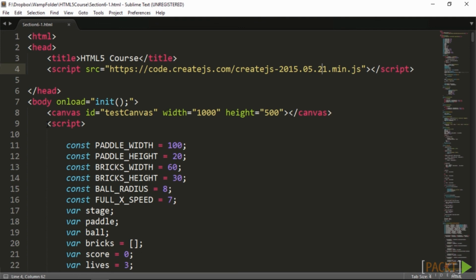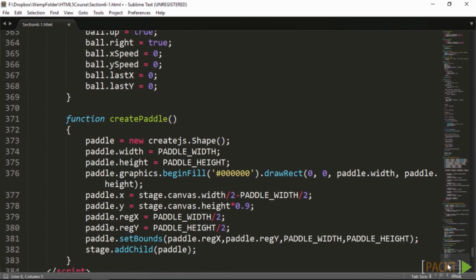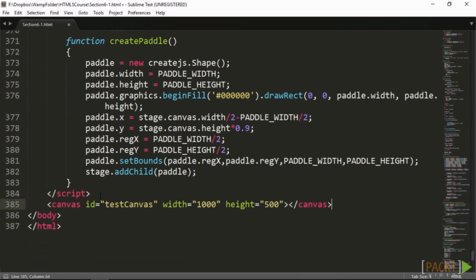During our course, we've written the JavaScript in the HTML file. Now, this enabled us to avoid any errors during the development process, but for larger projects, it's usually not a good idea to write the code inside the HTML file. So usually in an external JavaScript file, which you usually load in the head tag, and what usually happens is that developers don't write the onload event in the body tag, and since the canvas loads basically after the JavaScript file has loaded,